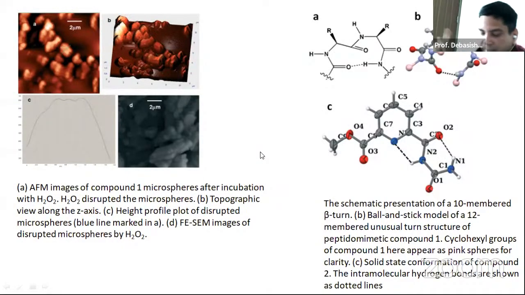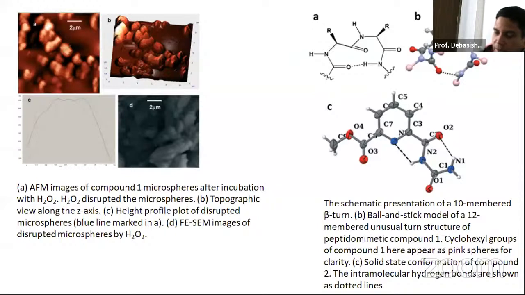And the important thing is that when we put the vesicle with hydrogen peroxide, the hydrogen peroxide ruptured that vesicle. And we use that property of the vesicle to carry anti-cancer drugs. So we know that a large amount of hydrogen peroxide is present in cancer cells. So if we can make a delivery vehicle that is sensitive to hydrogen peroxide,